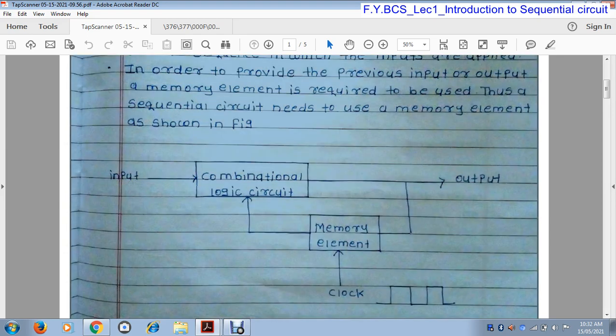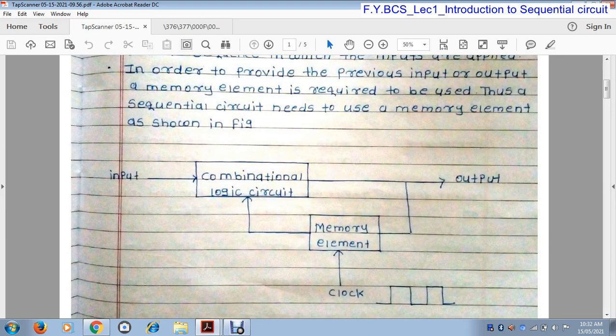The data stored in a memory element is called the present state. When we apply the external input to the combinational circuit, the combinational circuit generates the output by using this external input and the data present in the memory element.